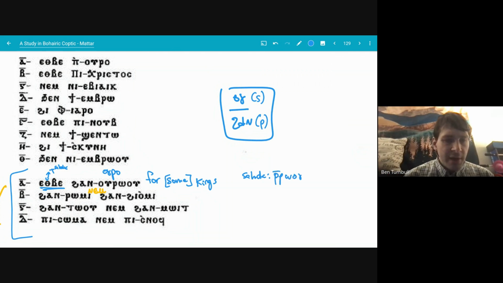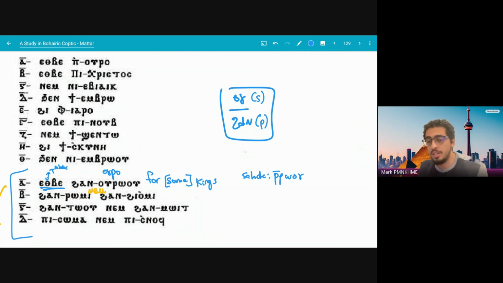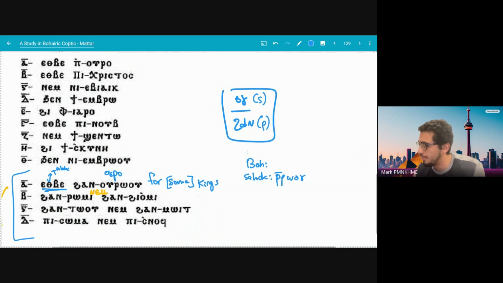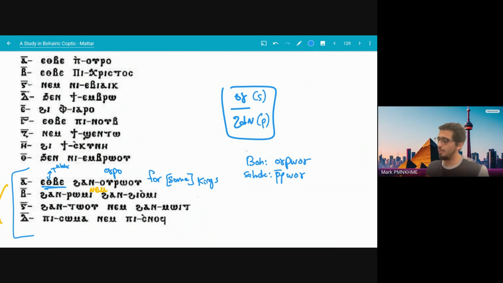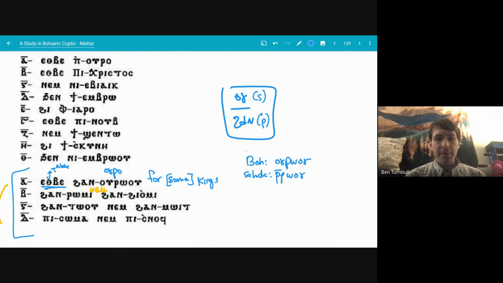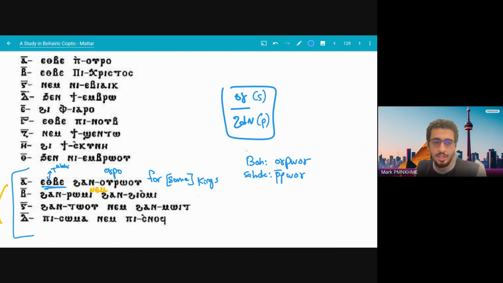So why is it han and then u? Those are both prefixes. So the u is actually in Bohairic, the u is part of the word. So you have uro and then erro in Sahidic. That's actually the word, not an article. Okay, got it. Thank you. No worries. Try the next one.